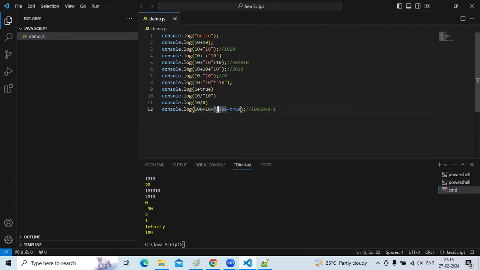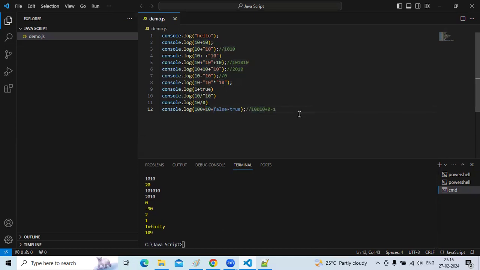Now, 110 plus 0, 110. 110 minus 1, 109. Did you understand? Previously it is in string format, that's why it is concatenated. Again we are adding the string with boolean values, right? That's why the result comes as not a number.